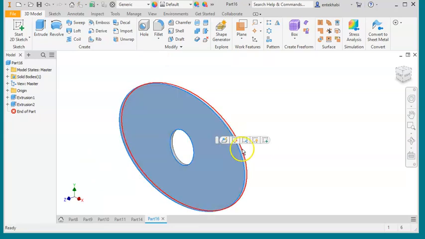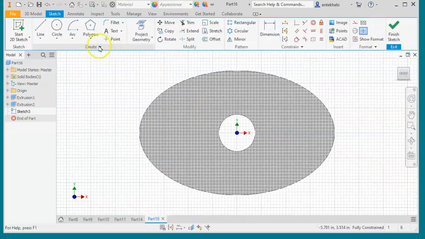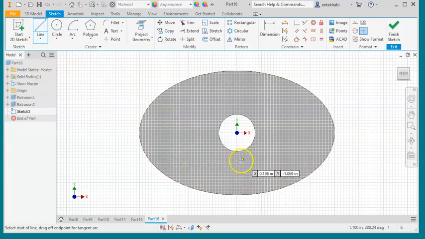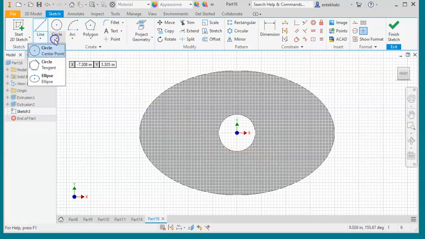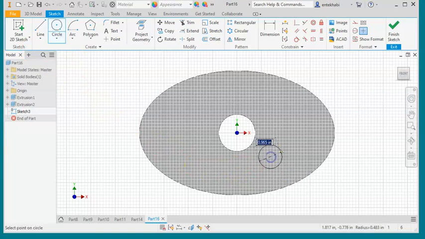Select the same face again to add another sketch for creating this adjustable hole. We begin with some construction lines. We can begin with a circle rather than a line first. Pick a point on this fourth quadrant of the ellipse, at an approximate position, and add a dimension between the center of the circle and